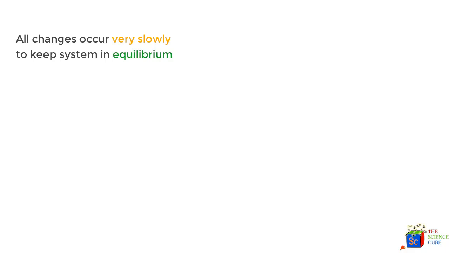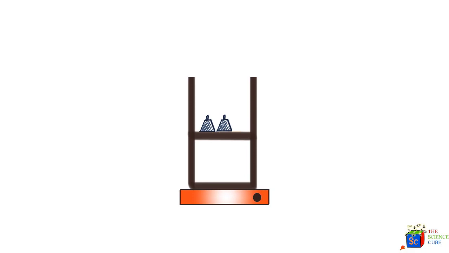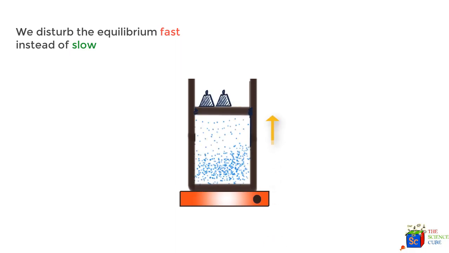And to emphasize this point, let us study it a little deeper. So instead of sand, let us take a few large weights on top of the piston, and if you were to suddenly remove one weight to reduce the pressure, what do you think would happen? So imagine you are doing so, and what you will see is that the piston shoots up rapidly, and therefore